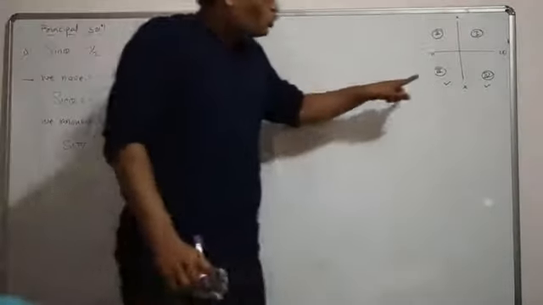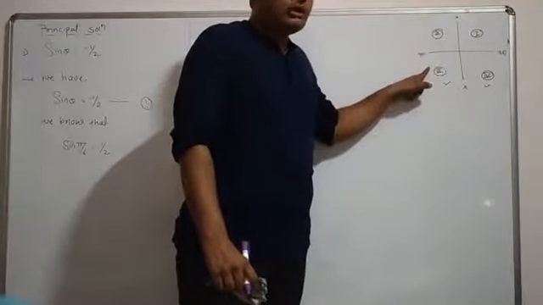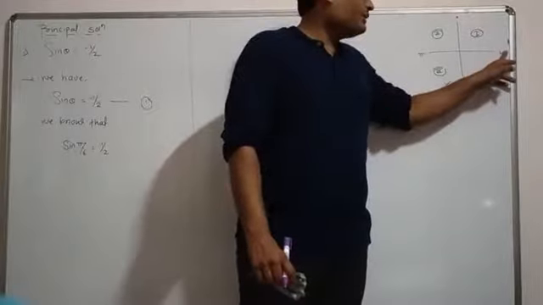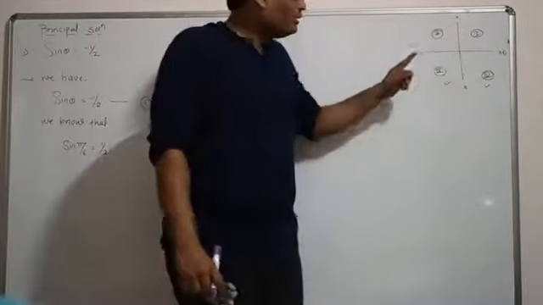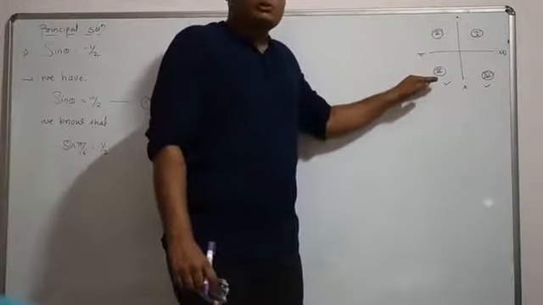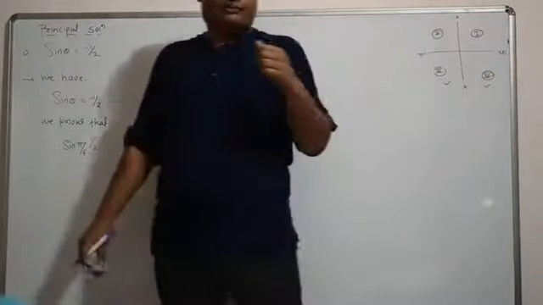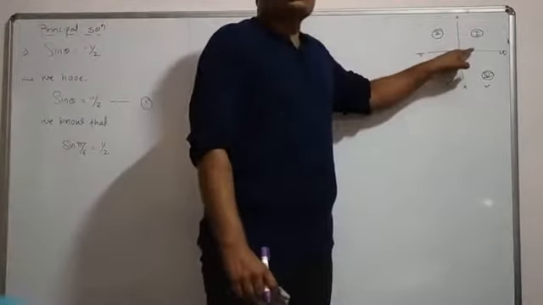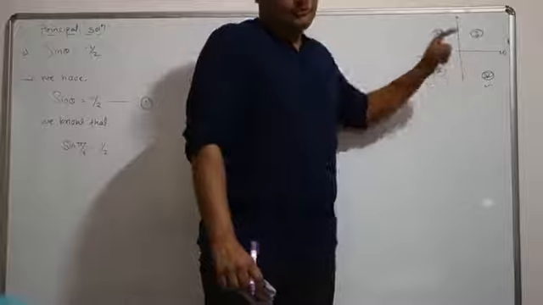So to go to the third quadrant, we will add theta to pi, and to go to the fourth quadrant, we will subtract theta from 2 pi. Right? What I said: to go to the third quadrant, I have to add theta to pi, and to go to the fourth quadrant, I have to subtract theta from 2 pi, because you have to consider the rotation. So we are rotating anti-clockwise.